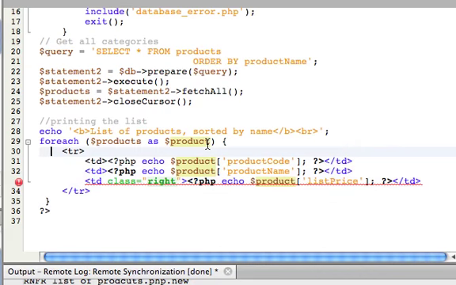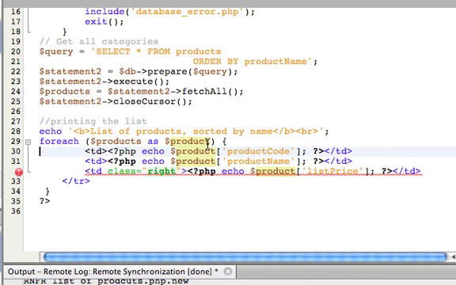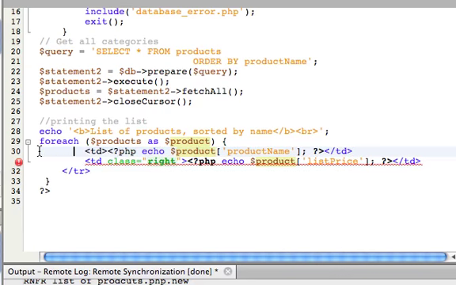So here's the block. We don't need this tr because we're not doing a table. This one is printing a product code. We don't really need that either, so let's delete that. Let's delete all this. All we need is an echo statement right here,